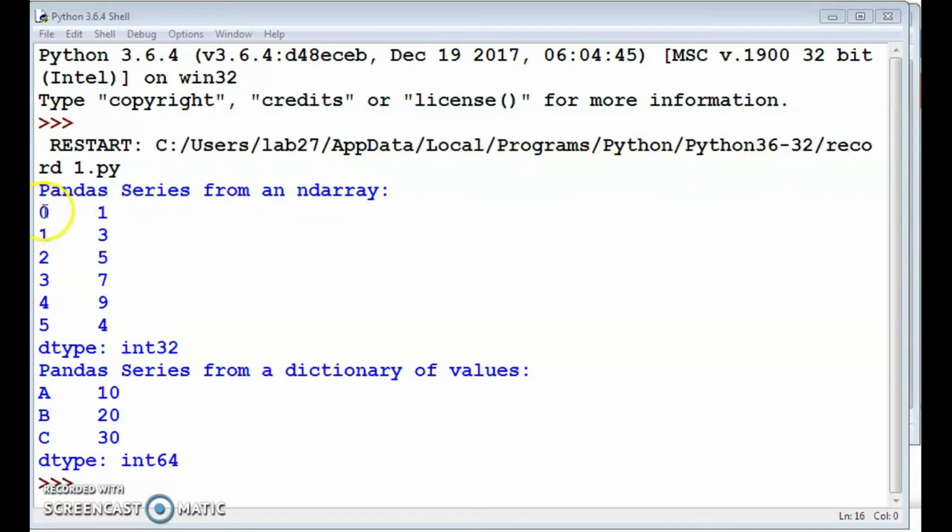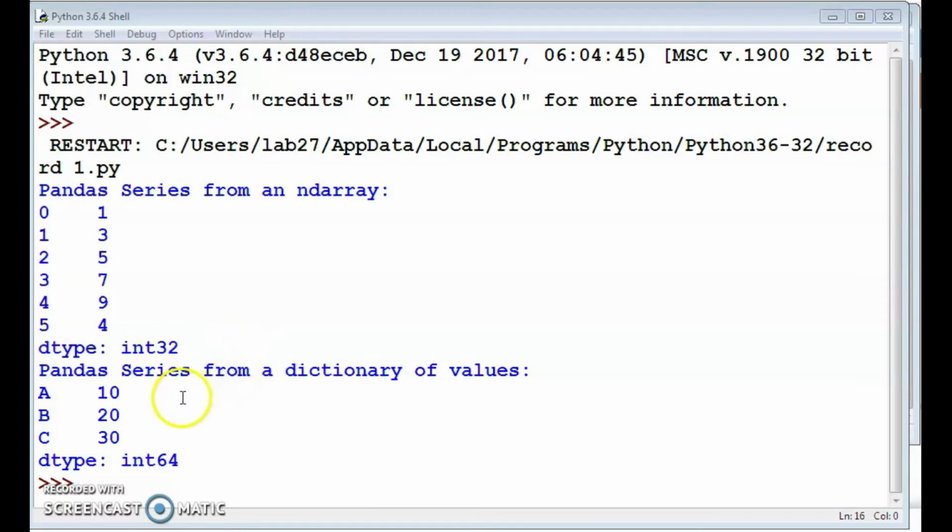These are all indexes, these are all values. Index 0 has value 1, index 1 has value 3, index 2 has value 5, index 3 has value 7, index 4 has value 9, index 5 has value 4. Clear? Then dtype int32.